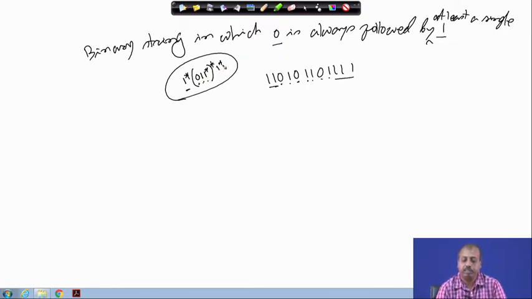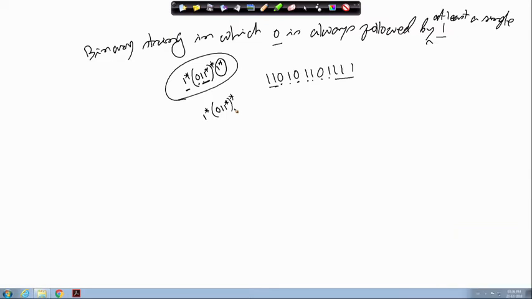So, that way we can take this one. Okay. So, in fact, whether this 1 star is necessary or not is also a question. If there are ones at the end, that is taken care of by this part. So, I think this 1 star can be neglected also. So, we can write it as 0 1 1 star whole star. So, that can also be written. Of course, putting the 1 star at the end does not make more strings accepted. So, there is no problem, but that is redundant.